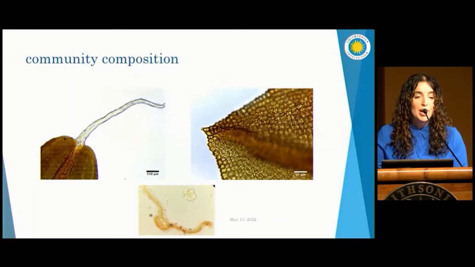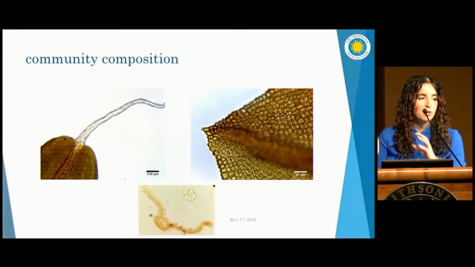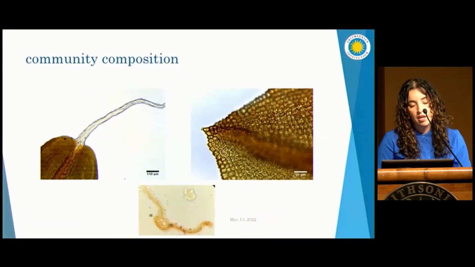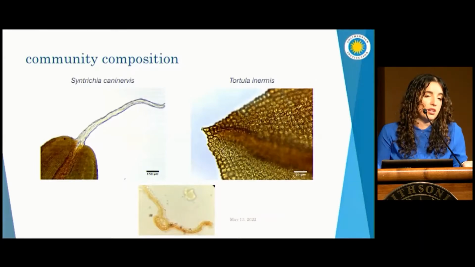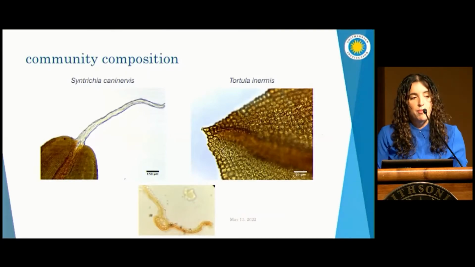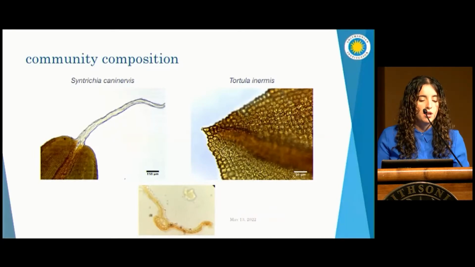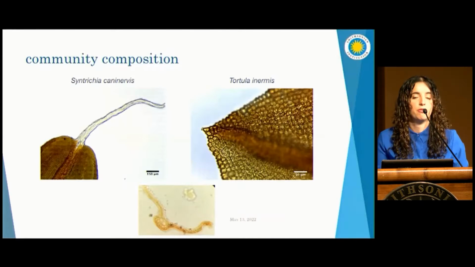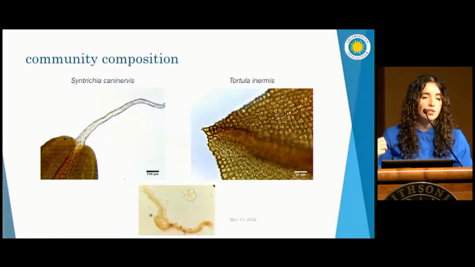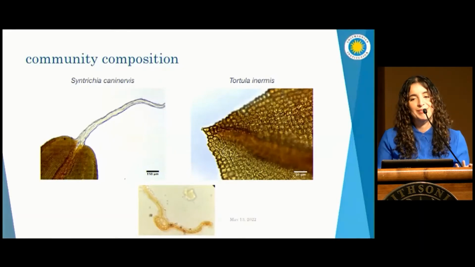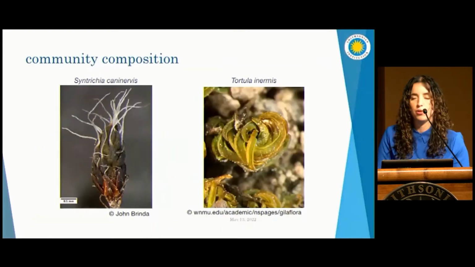So doing moss community composition studies, you have a lot of data like this. You have to do microscopy and look at very small details, and these were the major players there. Syntrichia caninervis, not surprising, this was what we were there to collect actually, and it's the dominant moss of the area for sure. A little more surprising was we found a fair amount of this Tortula inermis, the same one from that Bryologist paper at a completely different site. And this species normally doesn't occur here, or at least no one had really seen it because they weren't looking under the rocks. And this is what the plants look like more at a normal scale.